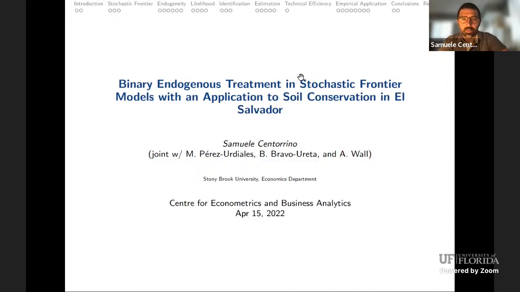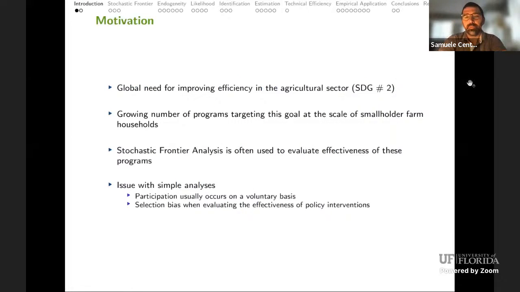So the empirical motivation for this paper is that there has been an increasing pressure on the agricultural sector, especially with climate change. With increasing floods and drought, there is a need to improve global efficiency in the agricultural sector, and that's something that has been stated very clearly in the Sustainable Development Goal number 2 of the United Nations. So there are many international organizations, including the World Bank or the Inter-American Development Bank, which are trying to implement programs at the smallholder farmer level, especially in developing countries. And actually, stochastic frontier analysis is a very useful tool to evaluate the effectiveness of these